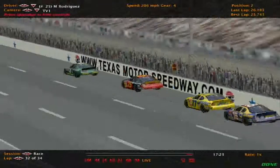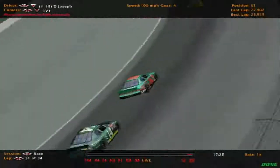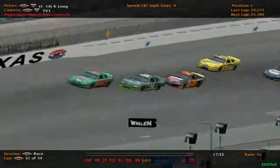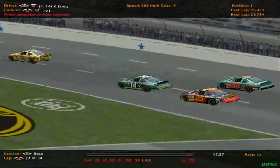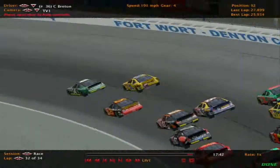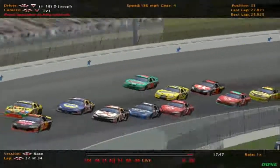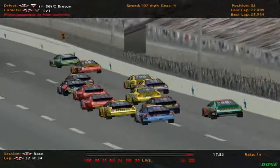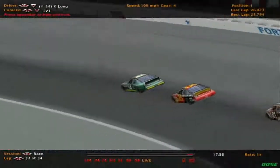Matthew Rodriguez has... Oh, there's slow cars. Taquan Joseph and Connor Breeden. Oh, man. This could get interesting. And, oh, Ken Long, she got around the 18. Now Ryan Jukes is going to get boxed in. Where's the 36 car going? Oh, almost into the 14. This is going to cause mayhem right here for Ryan Jukes and Trent Dunham. They have to be outraged right now by the 18 car. Caused them a bunch of positions. And the 14 car had the golden horseshoe up the rear today, as she somehow made it through both those